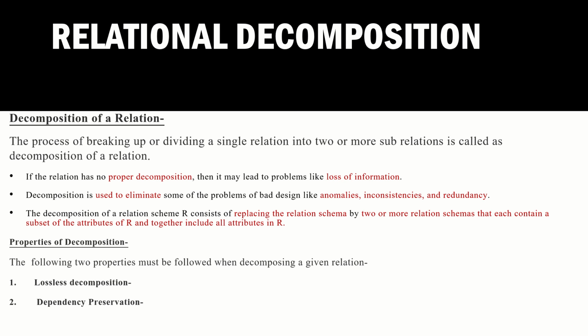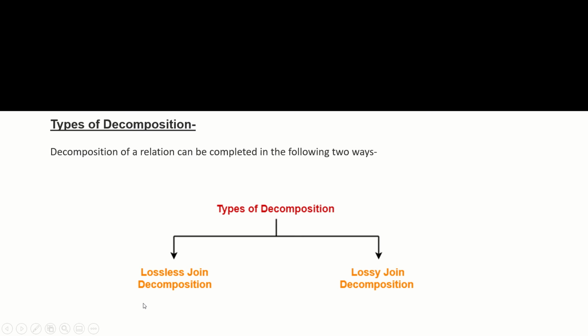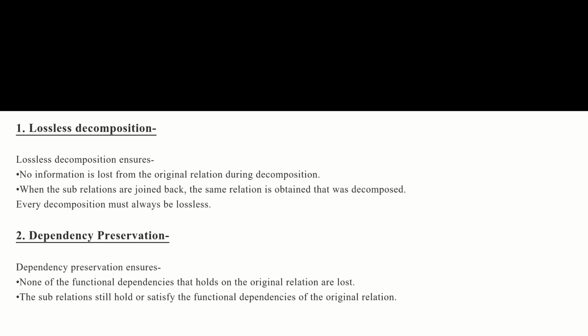What is dependency preservation? We will study about different types of dependencies, like functional dependencies, multi-valued dependencies, so a lot of dependencies are there. Suppose R is a table and we are dividing the table R into smaller tables. Whichever dependencies are satisfied by the original table R, those must be satisfied by either the subtables, or the combination of the tables must satisfy that dependency. So that is called dependency preservation.